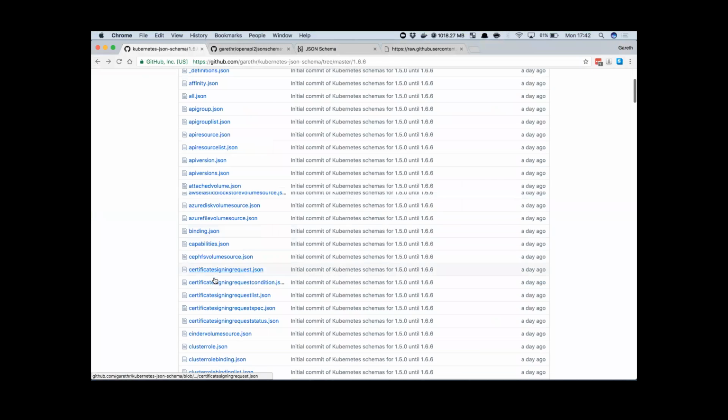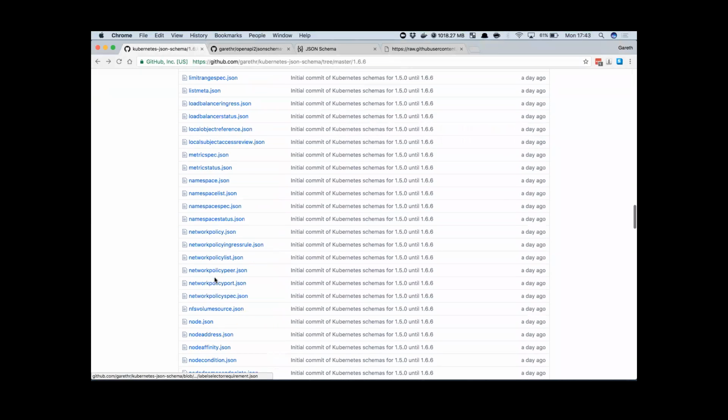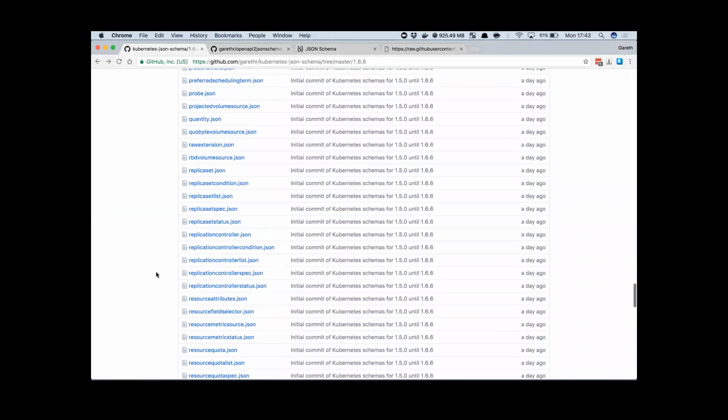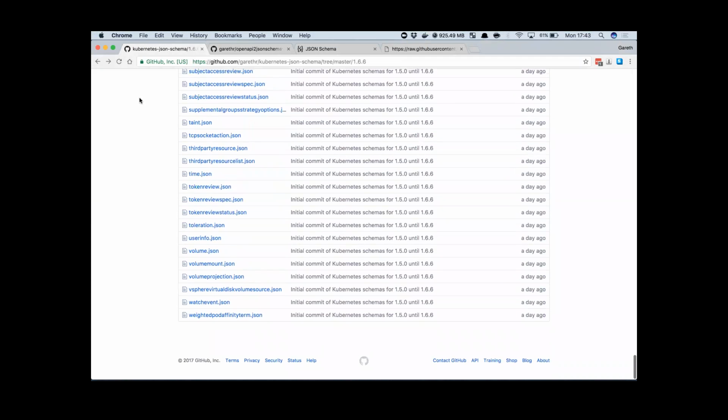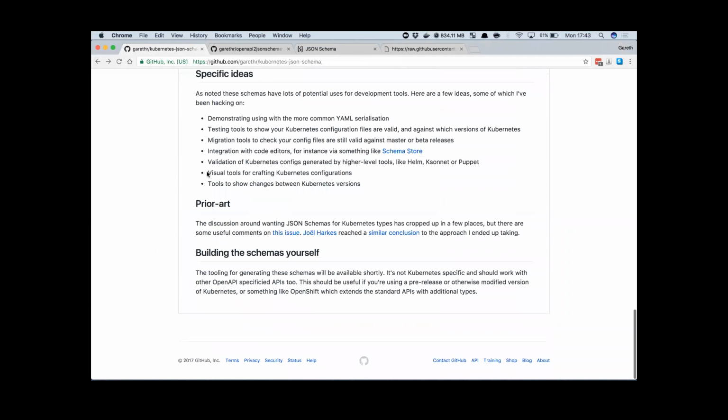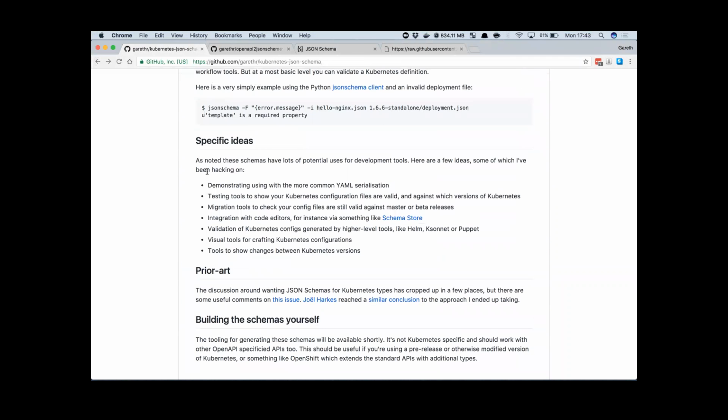But I've thought about also extending some of the editors. There's a whole bunch of JSON schema support in things like VS Code. That would be an interesting thing to explore. There's Schema Store. If we can get the JSON schemas for Kubernetes into there, I think a bunch of editors will be able to give you immediate error feedback